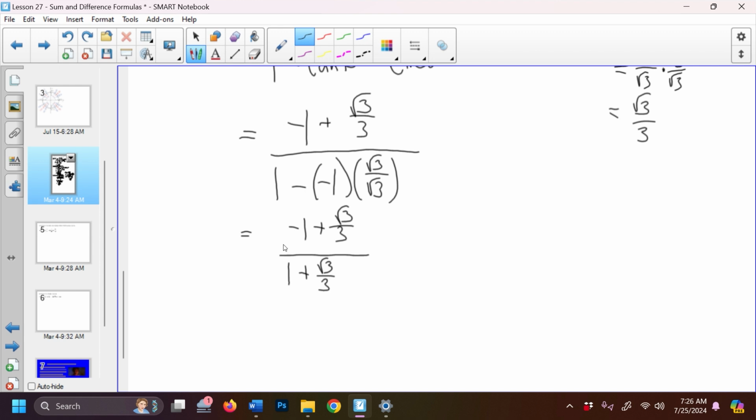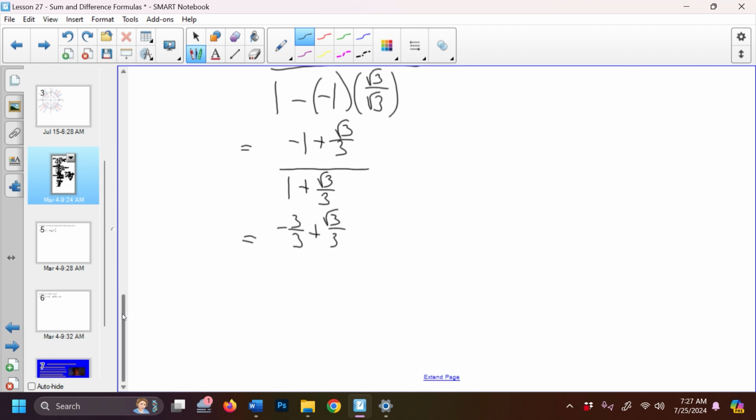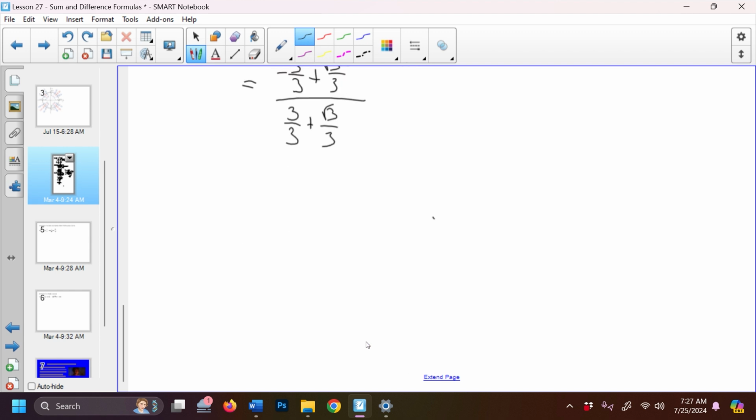And unfortunately, because these are not like terms, I have a negative 1 in the numerator and a positive 1 in the denominator. I can't just cancel and make it 1, which kind of stinks. So what I'm going to have to do is add fractions in both the numerator and the denominator. And that's going to give me negative 3 over 3 plus square root of 3 over 3. So I'm changing this negative 1 to negative 3 over 3. And that will be all over 3 over 3, that's this one right here, plus square root of 3 over 3. Then I'm going to add those fractions,